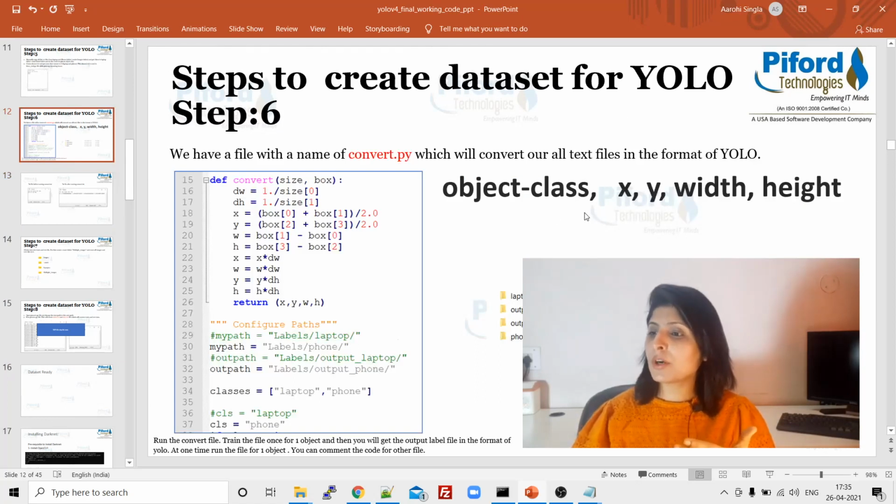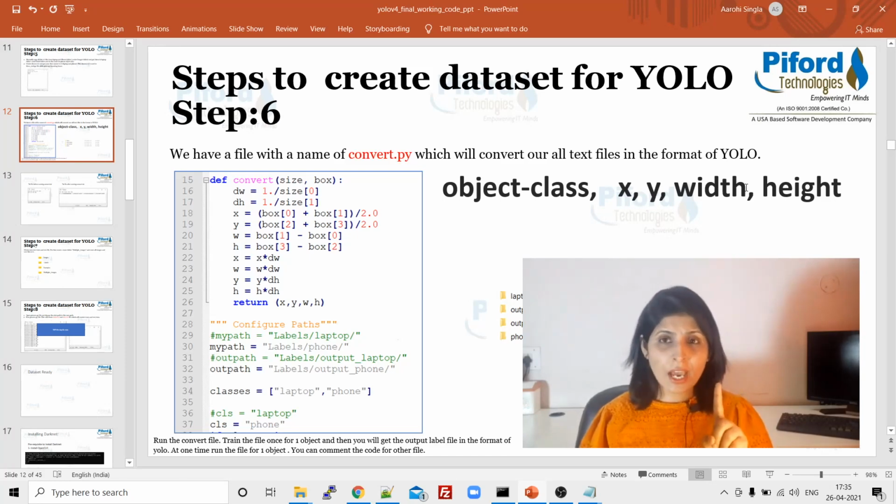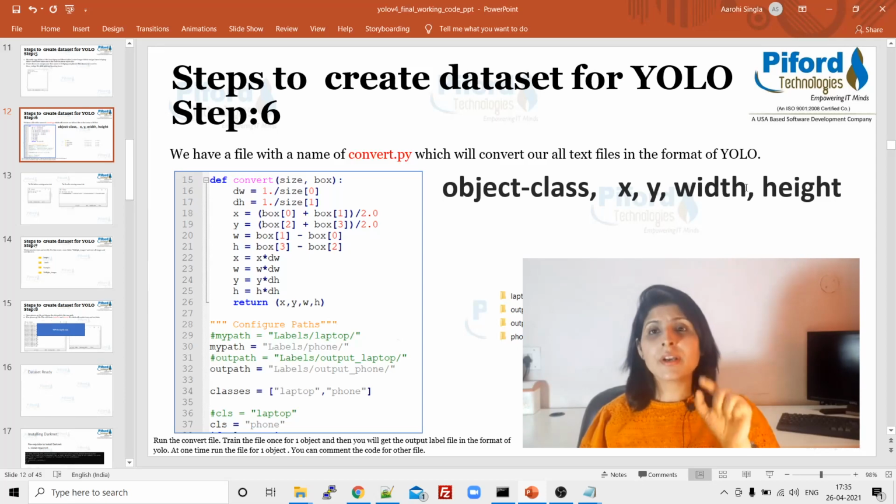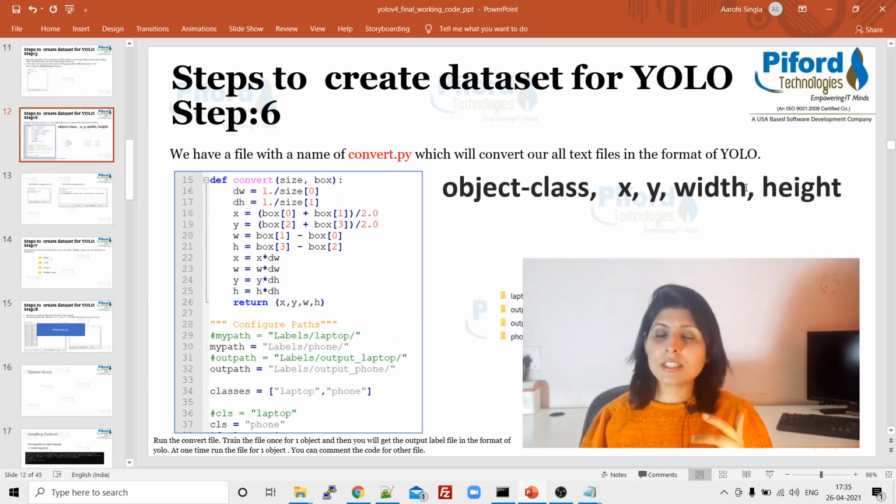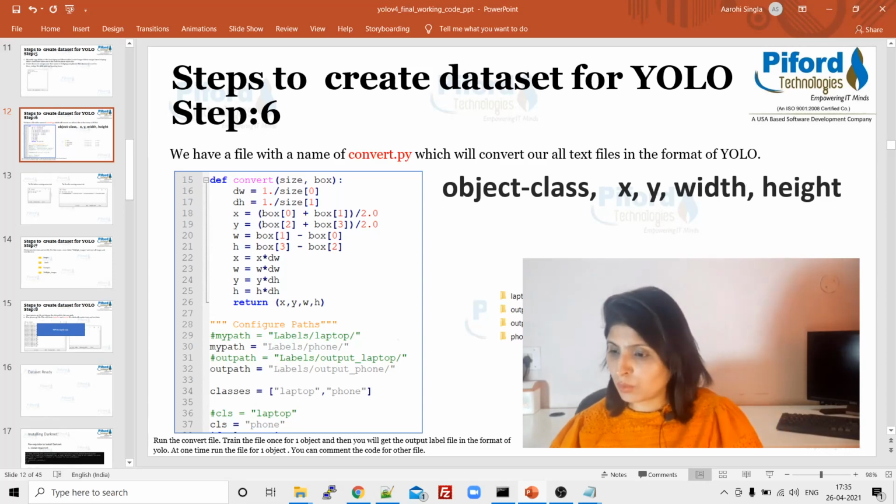This is the format of YOLO version v4. This is what we are having. And finally we have one folder with the name of multiple images. That folder is having our data set, all the images and all the text files, right? So now let's see what to do next. The next task is to train your YOLO algorithm. Now let's move to that.